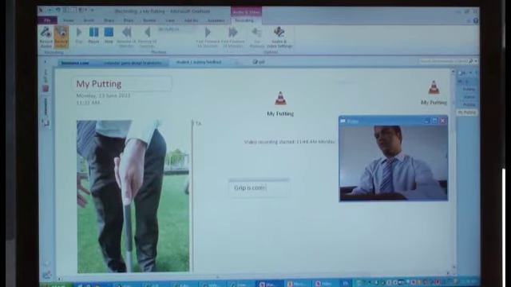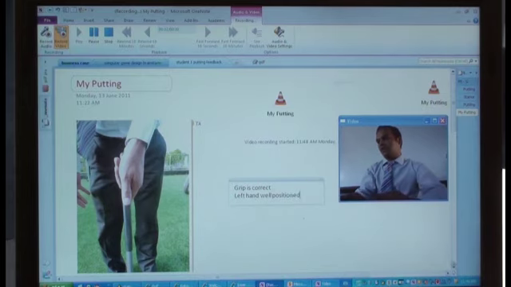And now, I'll take the role of the golf professional right now and have a look at the pictures. And I can see the first one here where the grip is correct, so I'd just like to give the student some feedback here. So grip is correct. Left hand perfectly positioned. Alright. If I scroll down and have a look at the other pictures,